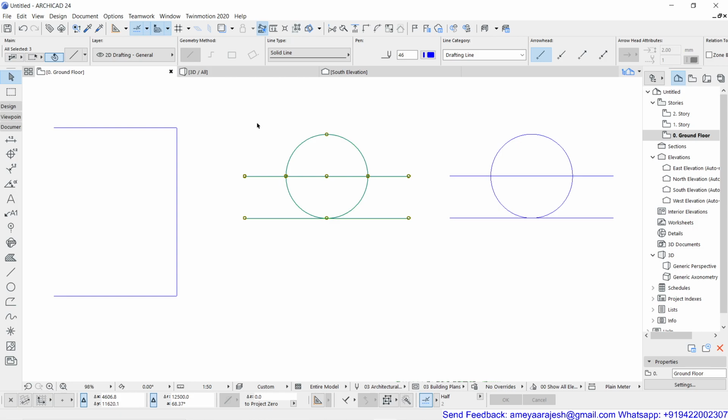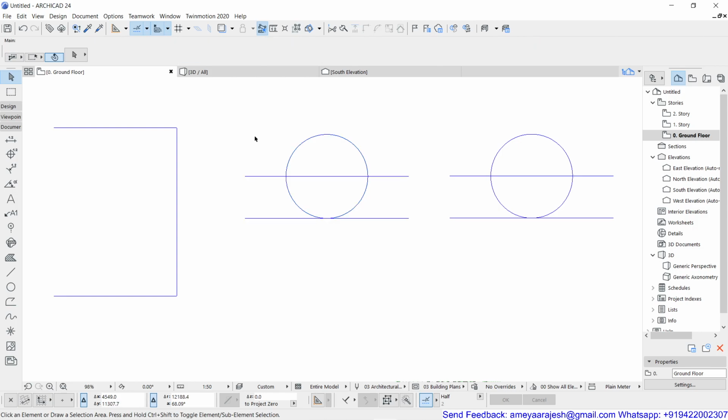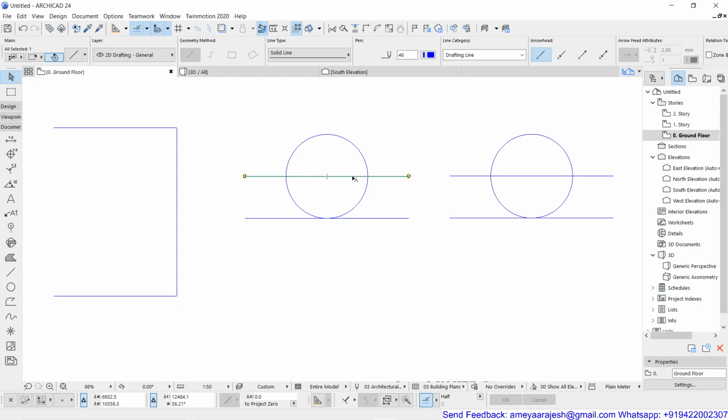How can I do that? I'll revise the thing again. First of all, I'll deselect this. Once I deselect the group, that is, I just single click on the empty part of the drawing, then I'm going to use Suspend Group On. You can either click on this or use the hotkey Alt G. Once I've activated Suspend Group On, and if I select this line segment, you will realize that now you can actually select only one member at a time of the group as per your choice.